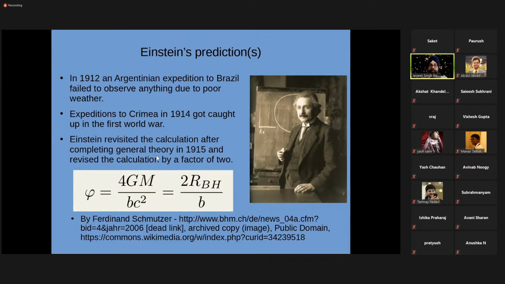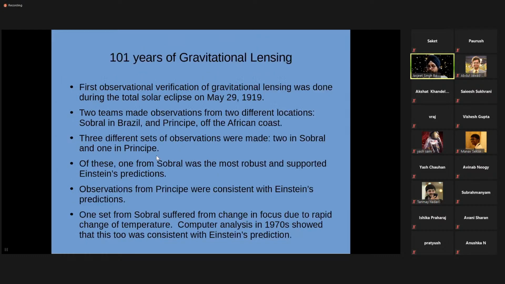Of course, war was going on, meaning that he could not directly communicate with anyone outside the German system. And the situation was such, because of his pacifist views, that within Germany he did not have a whole lot of support. It was only through some neutral countries like the Netherlands that the details of his calculations and his appeal to make these observations leaked out. This was picked up by Eddington in Cambridge.